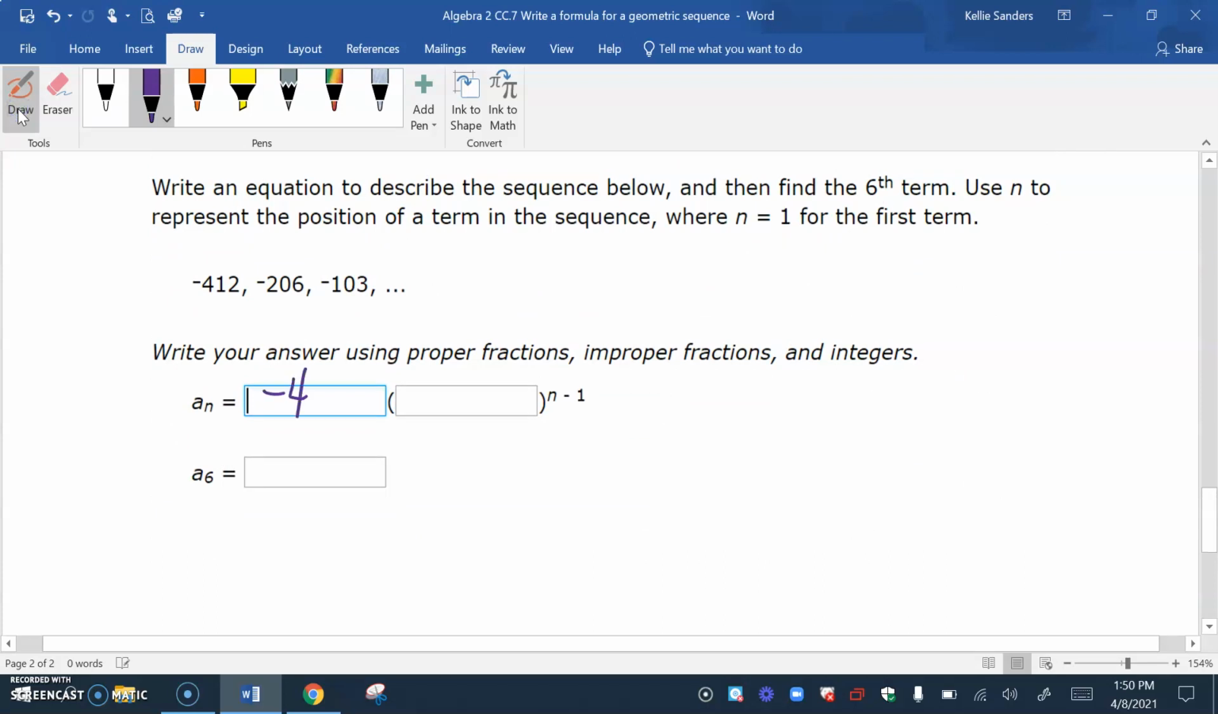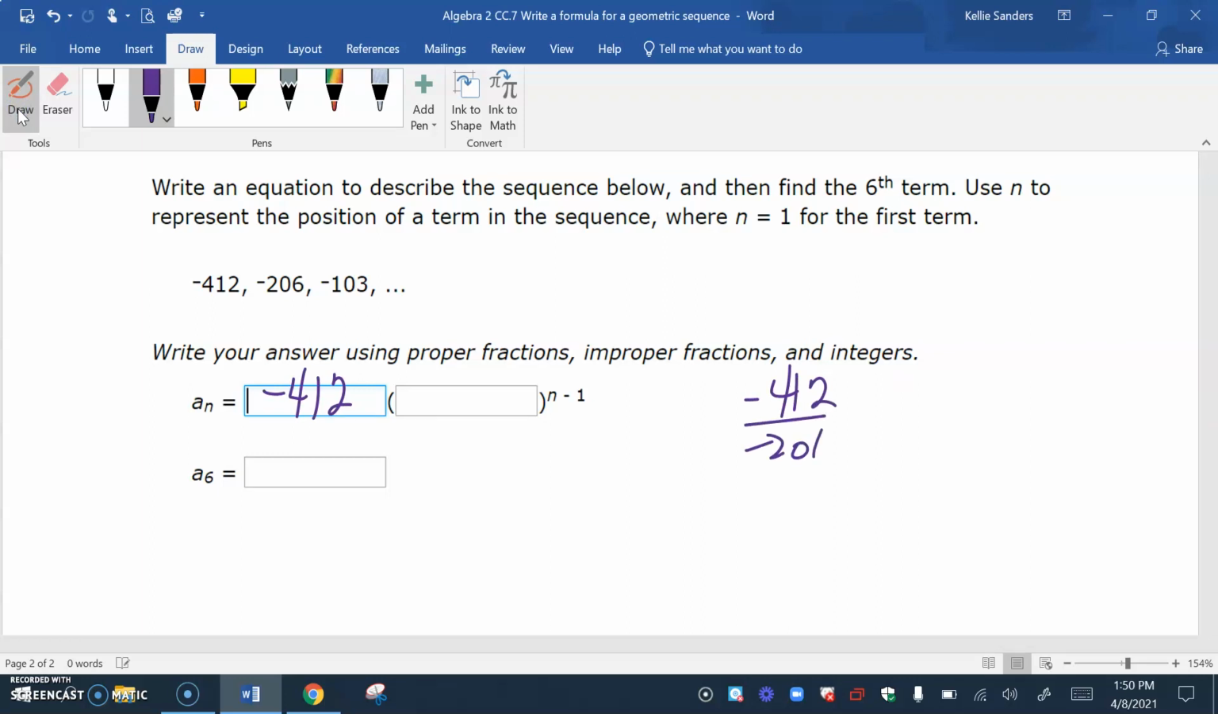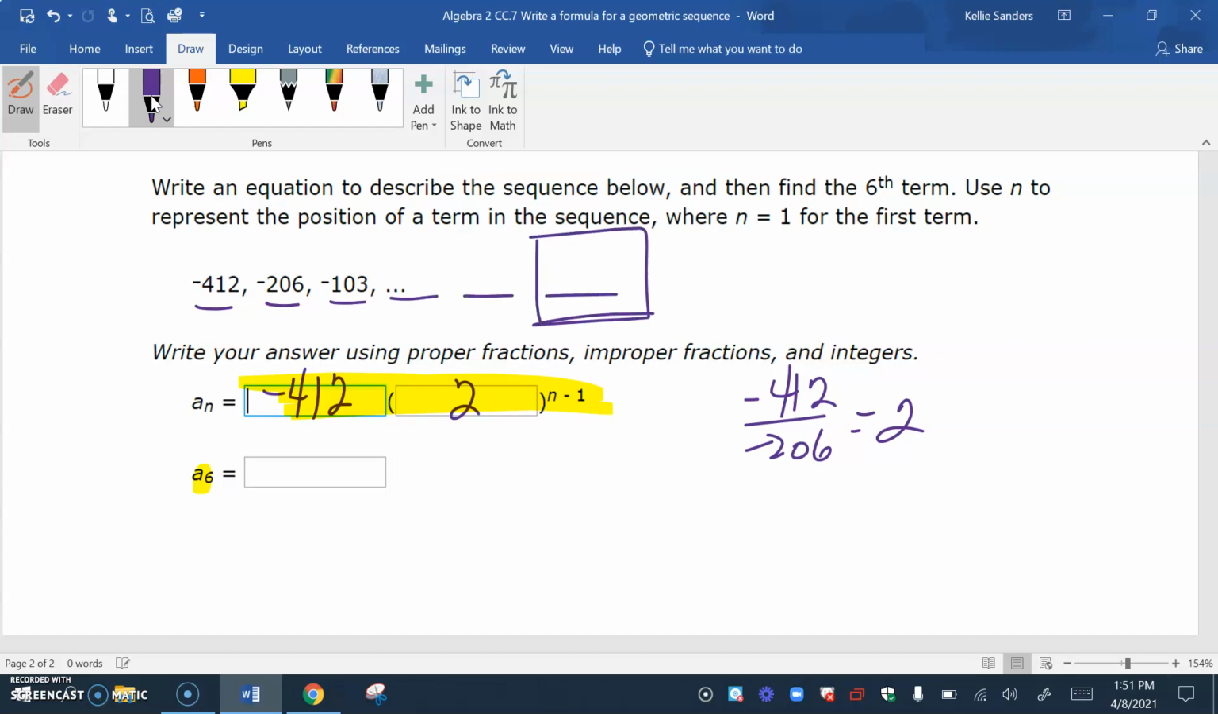The formula is negative 412. Negative 412 over negative 206 is a positive 2. So this is basically why we're doing this, to be able to figure any number in the whole wide world if this formula is being used. So I'm looking for the 6th term. So this is first term, second term, third term, fourth term, fifth term, sixth term. I'm trying to find out what would go right there whenever I am multiplying by 2